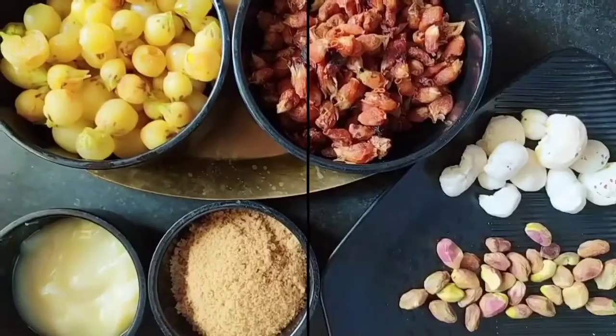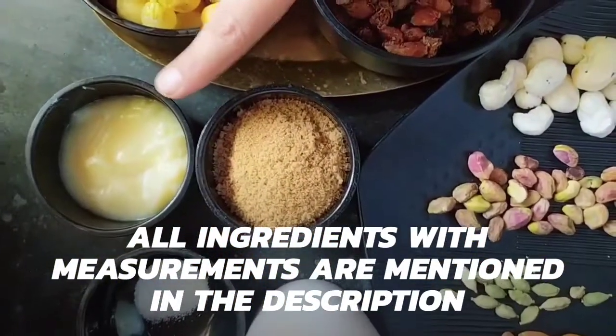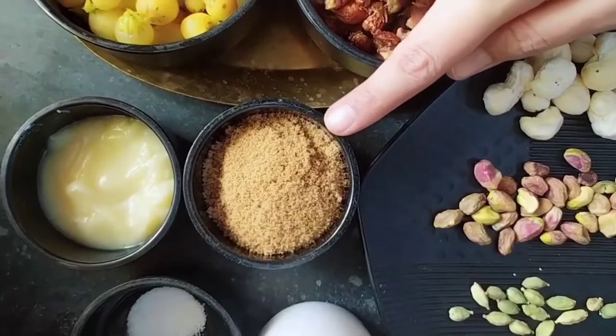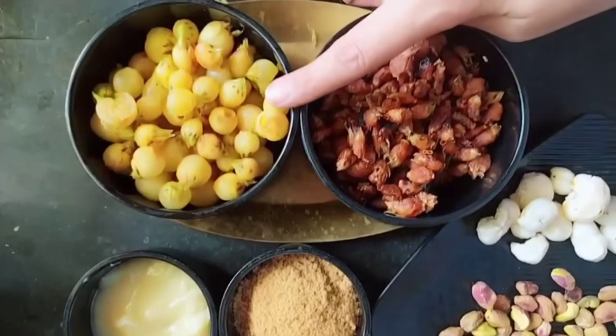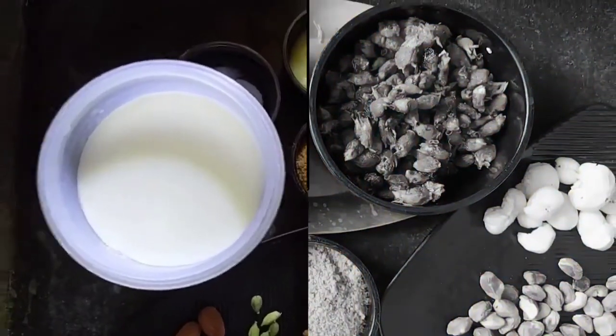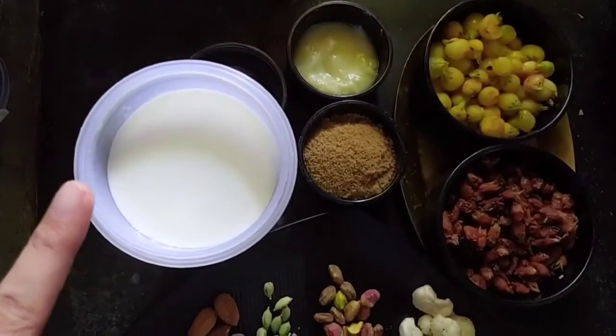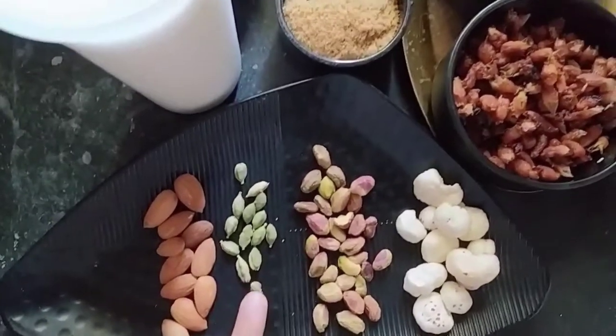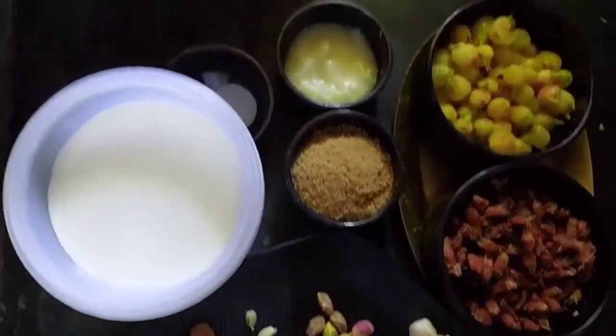The other ingredients needed are ghee. We are using brown sugar instead of normal sugar. You can totally skip it because mahua is already high in its natural sugar content. Full fat milk, you can replace it with any nut milk. Then there are some dry fruits, some green cardamom, a pinch of salt,